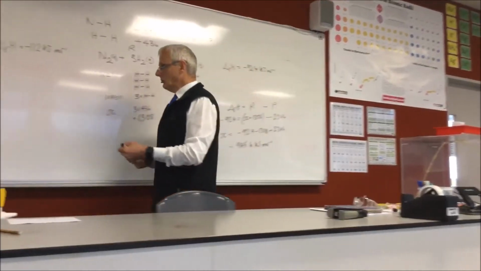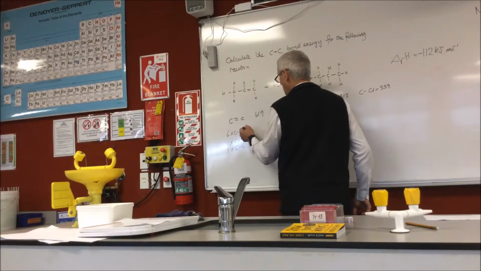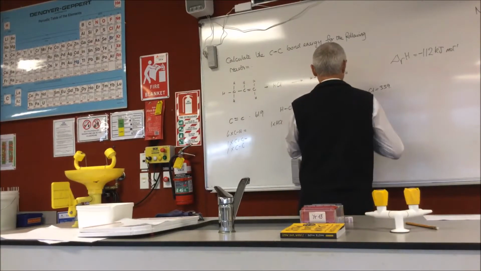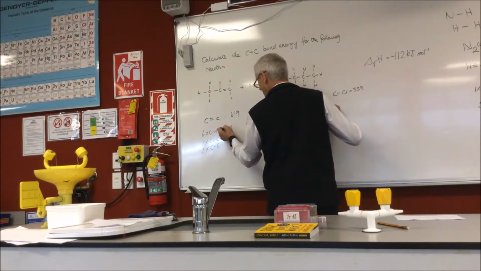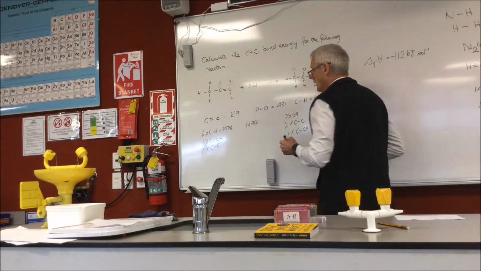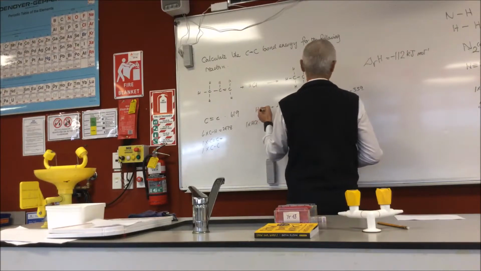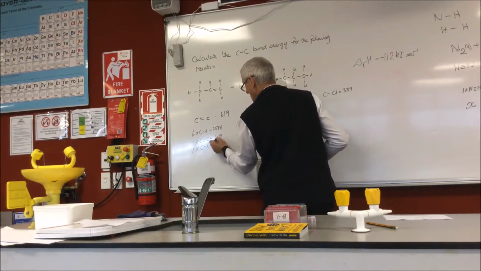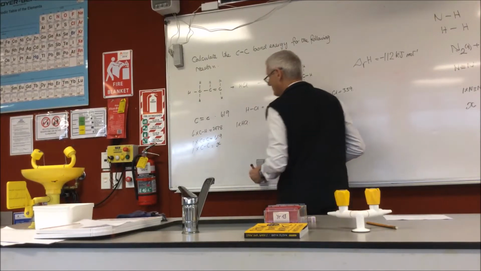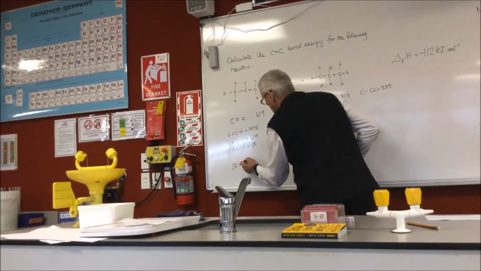Now, what you're saying is you are going to work out this. 6 times CH. 6 3s are 18, 6 1s are 6, 7, 6 4s are 4. 1 times CC is, how much is CC? 619. You've got X plus